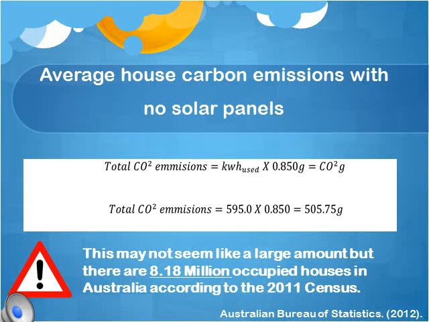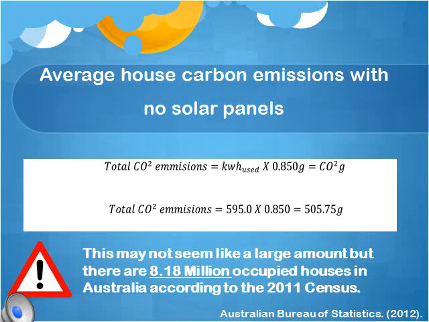Using the formula below, we can find out how much carbon dioxide is produced by multiplying 595.0 kilowatt hours by 0.850, equaling 505.75 grams. This may not seem like much, but this shows the carbon emission created for one single household. The 2011 census counted approximately